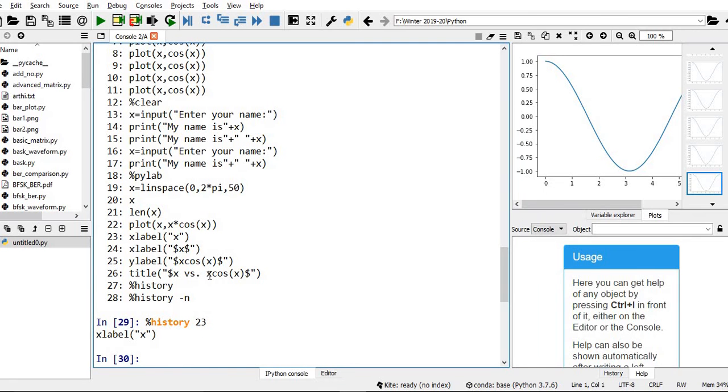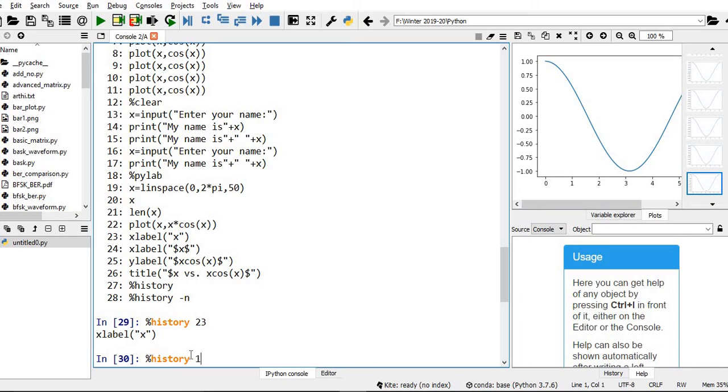Then if you want a set of commands, I don't want all the other things. I want to take the commands which will generate this x cosine x. Let me type %history.